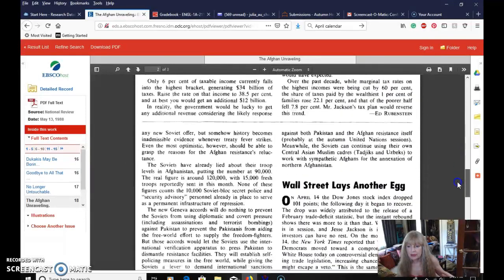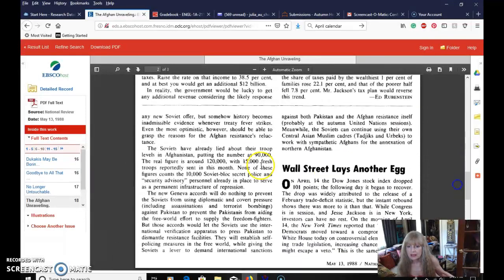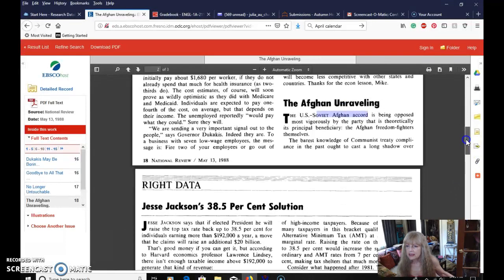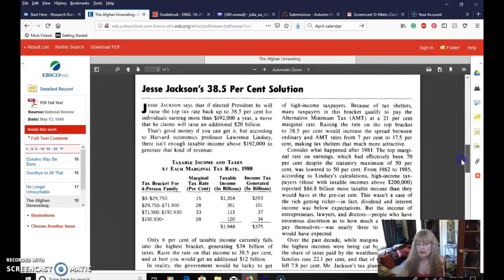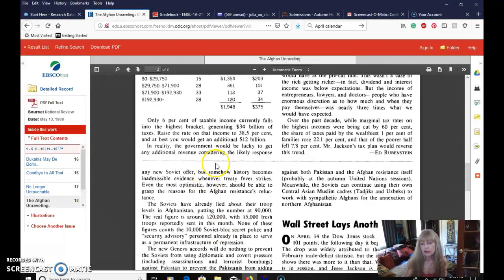Okay, let me go to the bottom, and it's over here. It says, the barest knowledge of communist treaty compliance in the past ought to cast a long shadow over any new Soviet offer, but somehow history becomes inadmissible evidence whenever treaty fever strikes. They're being sarcastic.